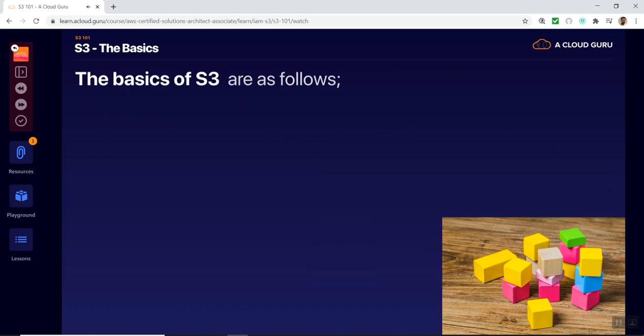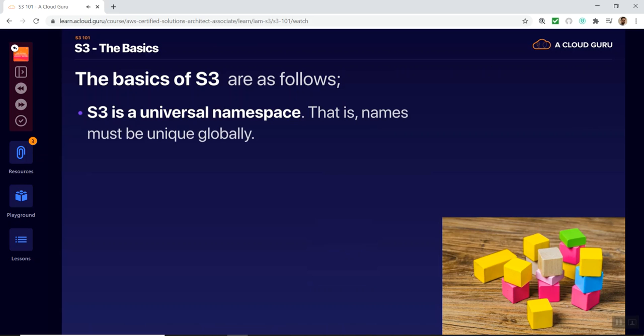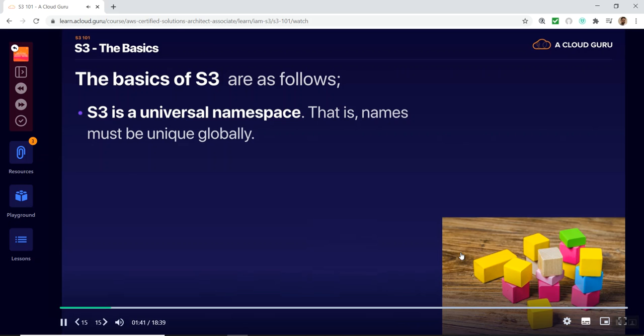Now, the thing about S3 is that S3 is a universal namespace. So what does that actually mean? Well, all that means is that the names must be unique globally. So when I create a bucket, I can't just use test bucket because someone's already taken that. I can't use A Cloud Guru because I took that a long time ago in another AWS account. So when you create